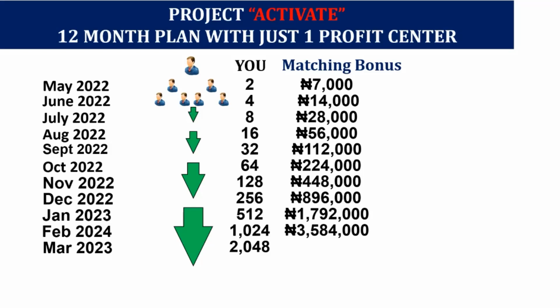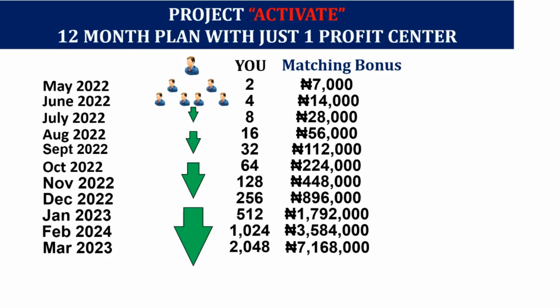As I'm talking to you this morning, a lot of things are opening up to me just by this. A lot of revelations are being opened up. Heaven is open already. Ladies and gentlemen, if 2,048 people join your team in March, by just those in February, each of them sponsoring only 2, you must have earned 7,168,000 naira. That is triple gratuity. Triple gratuity and pension.